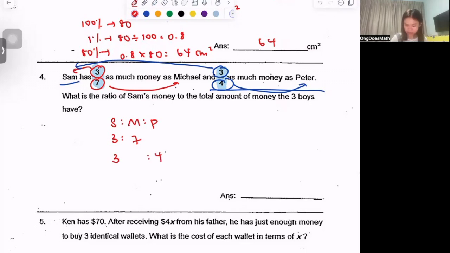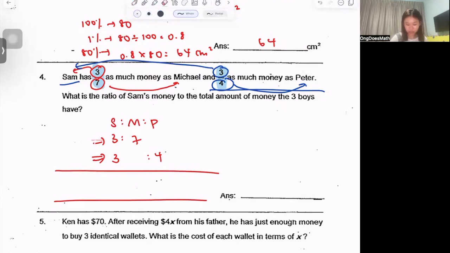So now we can combine everything. Lucky for us, Sam has 3 units in both the first scenario and the second scenario. That's why we don't need any manipulation. We can just keep it as it is. So Sam has 3, Michael has 7, and Peter has 4. And the total will just be 3 units plus 7 units plus 4 units, and that should give you 14